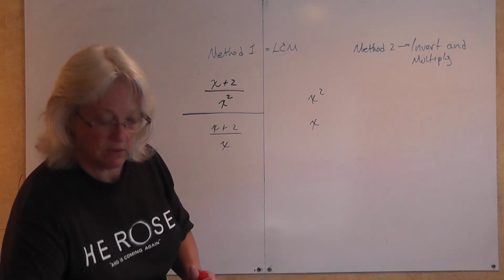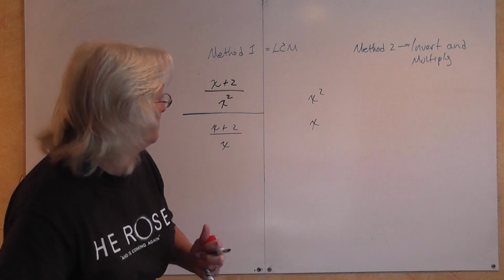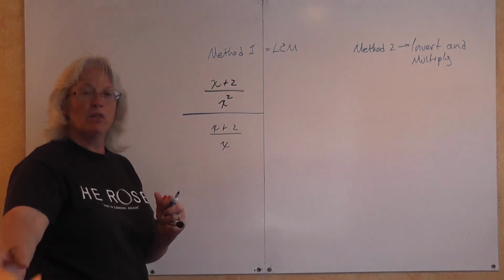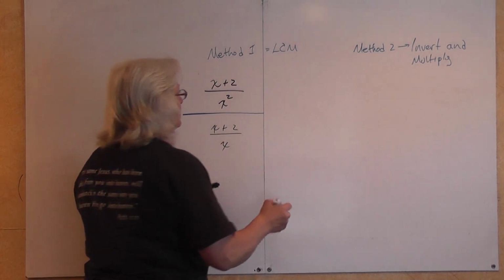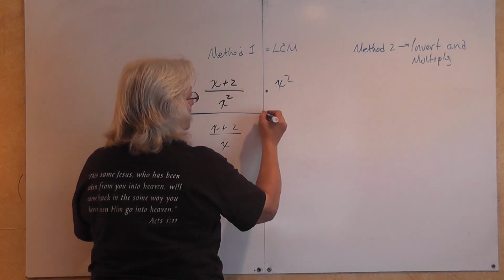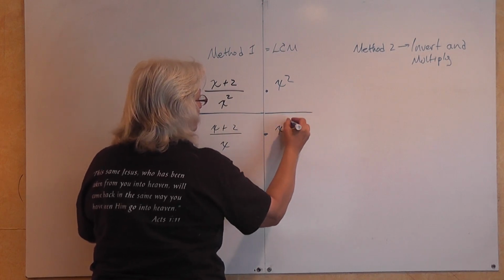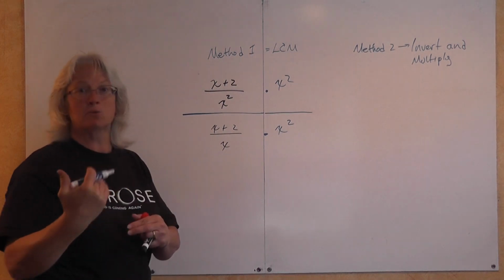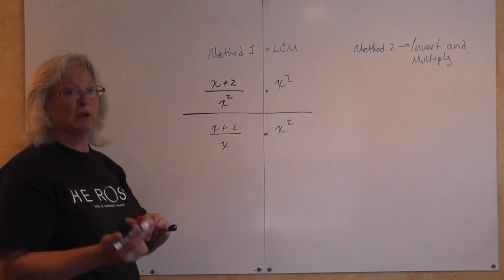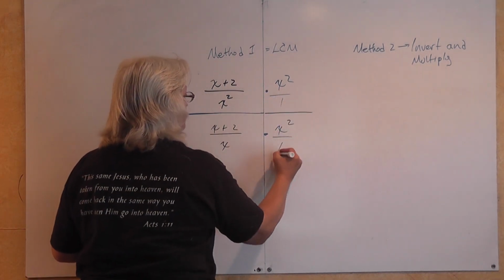So what are we going to do now? As I find my marker cap, what we're going to do is multiply the numerator and the denominator by that least common multiple. x squared divided by x squared has a value of 1. If it would help you to clearly see what we're doing,